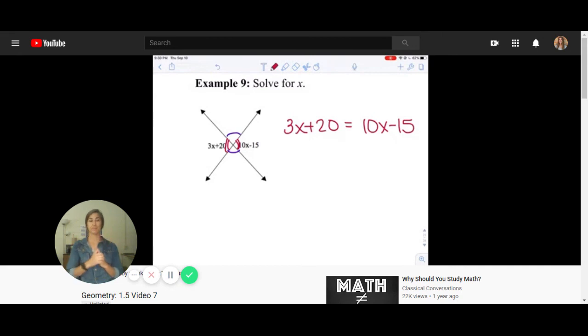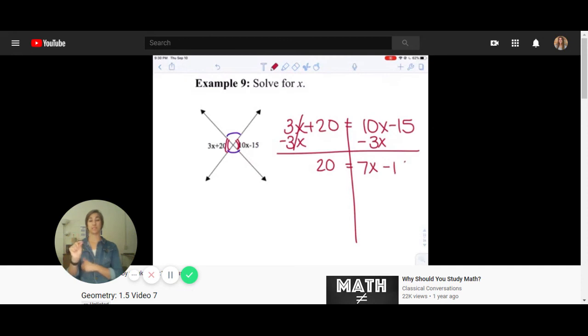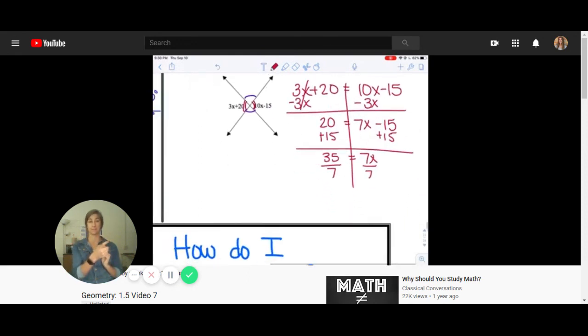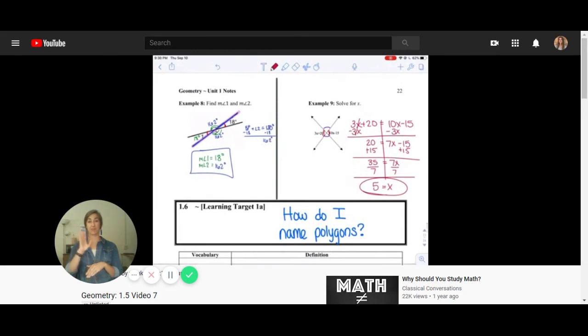So we want to get the x's on one side. So we're going to subtract 3x from both sides. That gives me 20 equals 7x minus 15. Add 15 to both sides. We get 35 equals 7x. Divide both sides by 7. And we get x equals